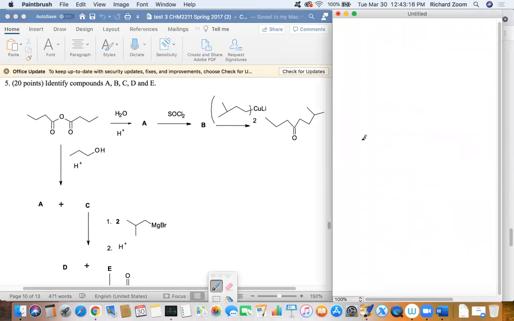So let me just talk a bit briefly about the copper lithium reaction. So generally, I'll just do a general thing here. It's the reaction of an acid chloride